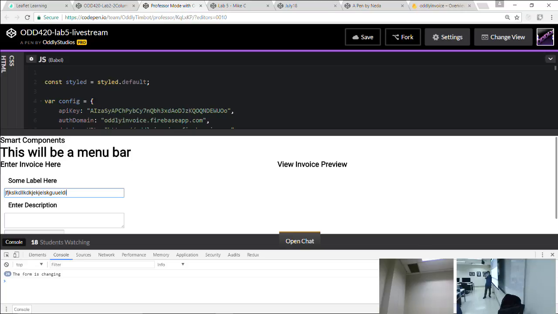This is good because you can kind of picture ahead what we're trying to do here. When this changes, we want to send that to Firebase. And then if we're trying to show the same thing over here, it'll automatically update. It's going to be super sweet. As you're typing here, you'll see it being updated over here, which is going to be a really nice UI.